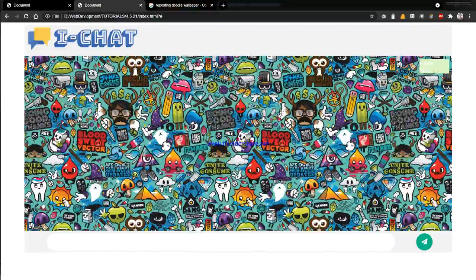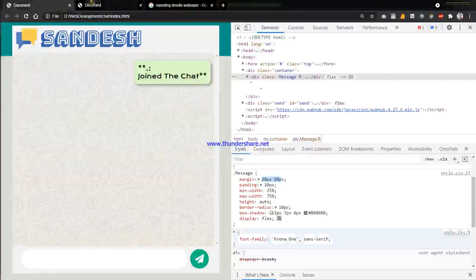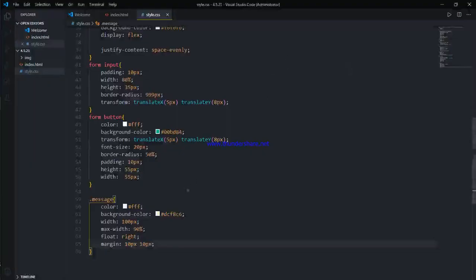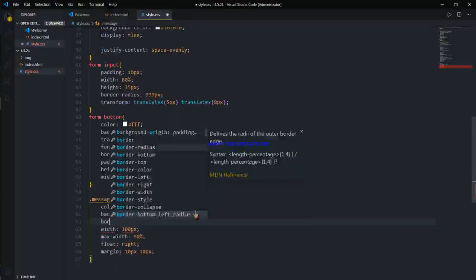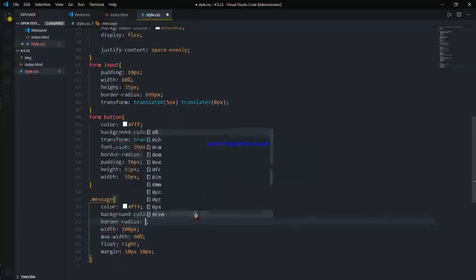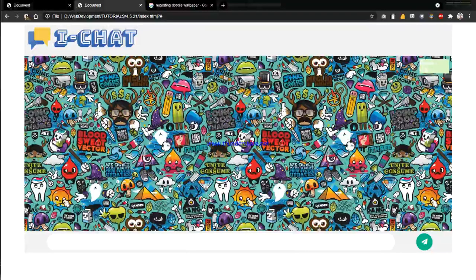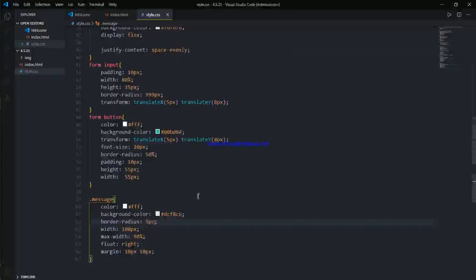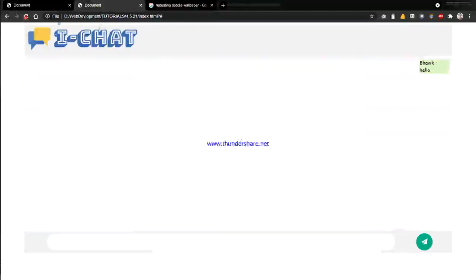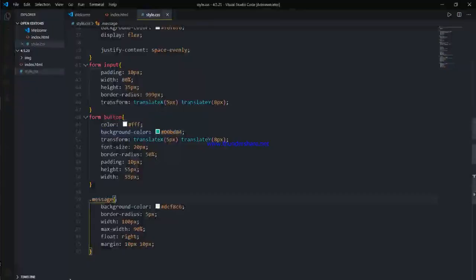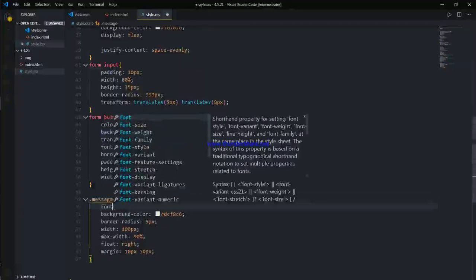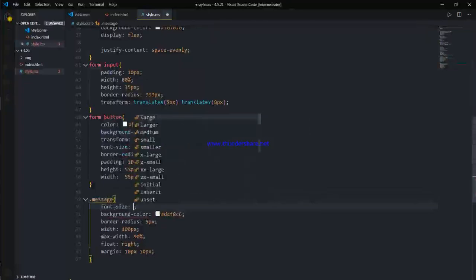So here it is. We can give it a rounded type of thing. We can round the divs. So border radius, that is 5 pixels, and we'll let the font color be black and increase the font size.